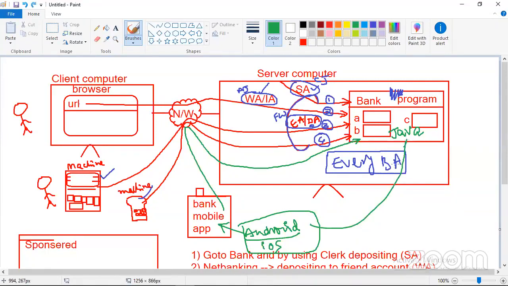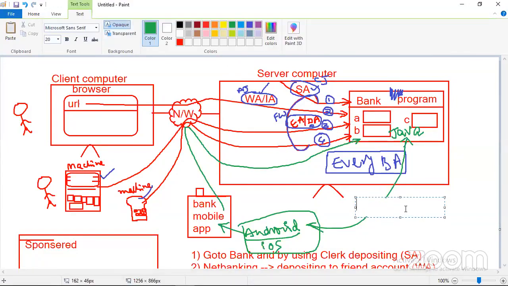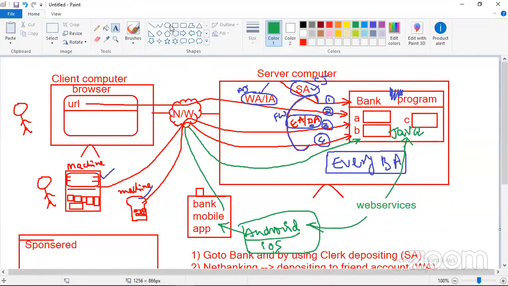Come on, anybody can tell me? Not anyone, everyone, come on. How are Android applications communicating with the Java applications? If you see the Android course, definitely you would have seen something called Android based web services. So this web services course is not only for Java, everywhere. Any technology you take, any language you take, everywhere we have web services.